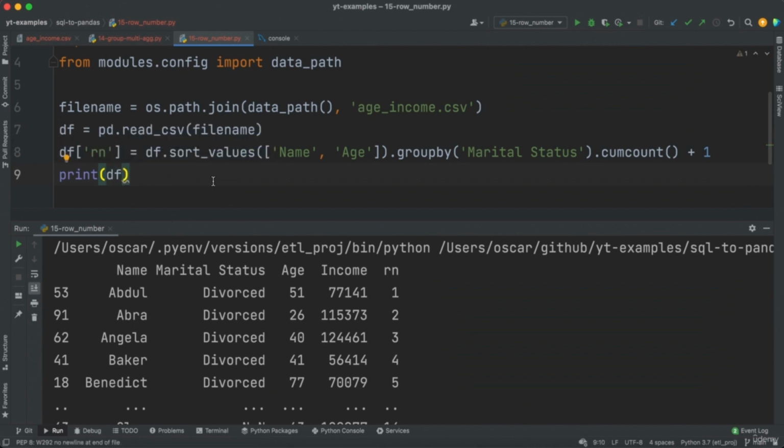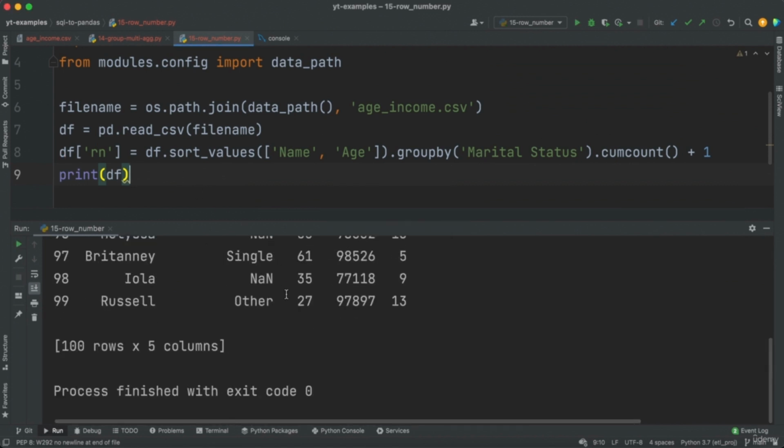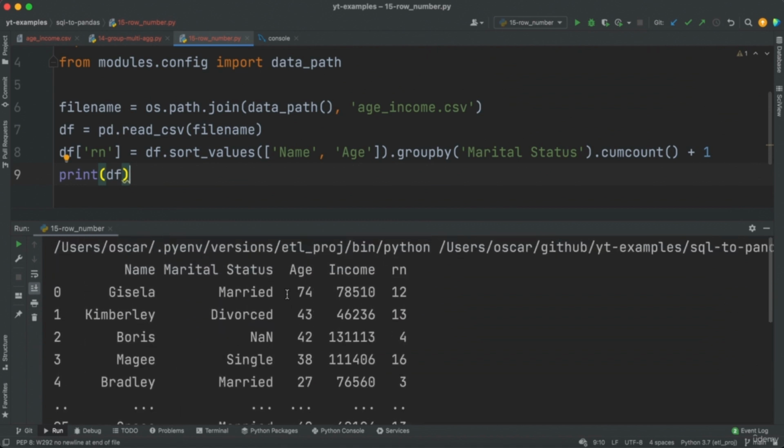We won't see all on our screen, but you'll get the picture. So once we run that, now we have the same data set as we saw earlier, where you have basically a name and then a row number applied. If you notice, this isn't sorted, so if I go ahead and sort values,